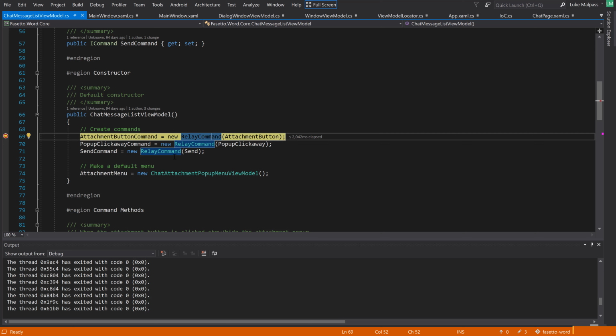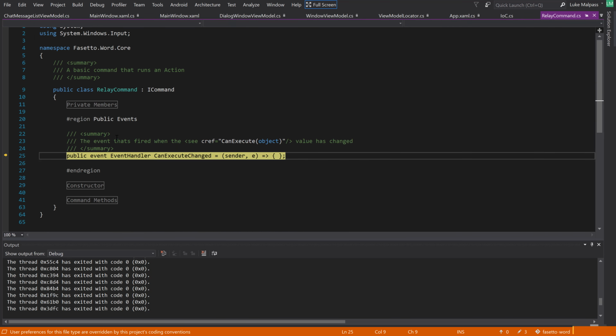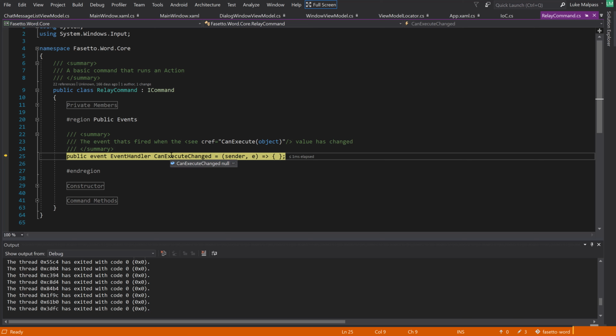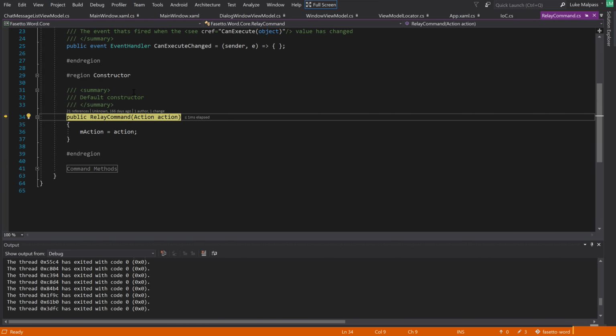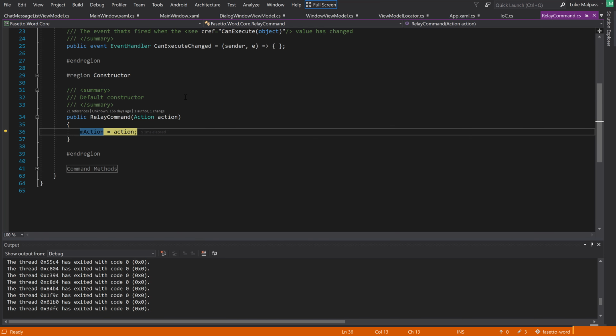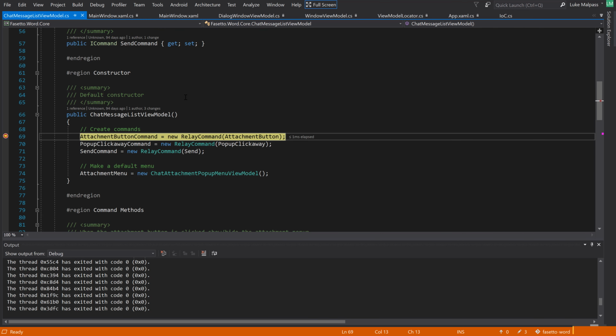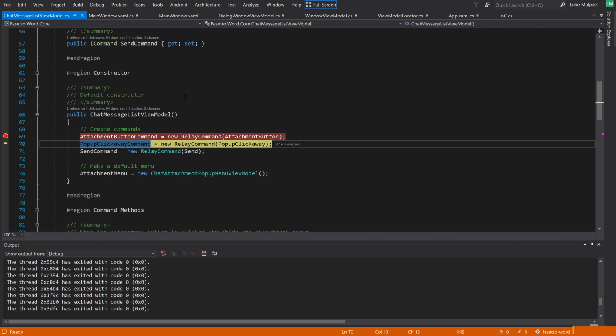So if you press F11 instead of F10, you'll step what's called step into. So it'll always go as far into the code as it can. So instead of going to this line, it knows first it's going to run this relay command. So if I press F11, it steps into the relay command here, and this is being run on the constructor to create it. And then if I press F10 or F11 again, you'll see I'm stepping through the code, and then it comes back up. So if you press F11 now, it's the next line because there's nowhere further it can